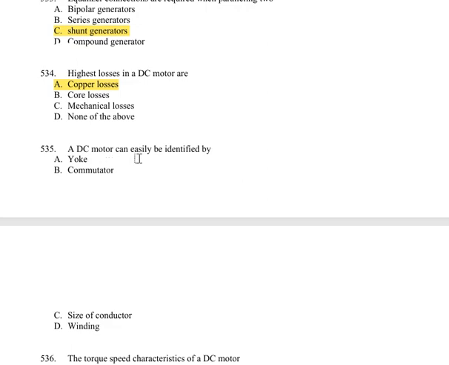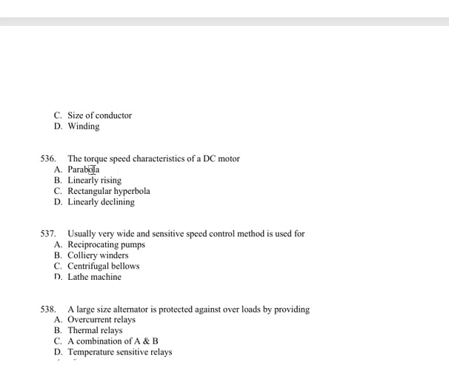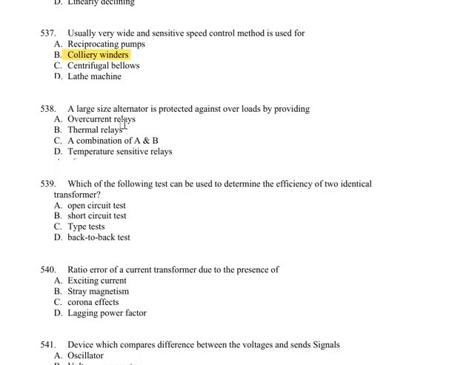DC motors can easily be identified by the commutator. Torque speed characteristic of a DC motor is a rectangular hyperbola. A wide and sensitive speed control method is used for Ward-Leonard. A large size alternator is protected against overload by providing temperature sensitive relays. The answer is